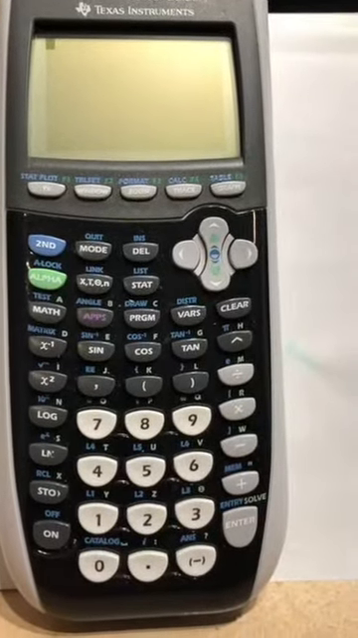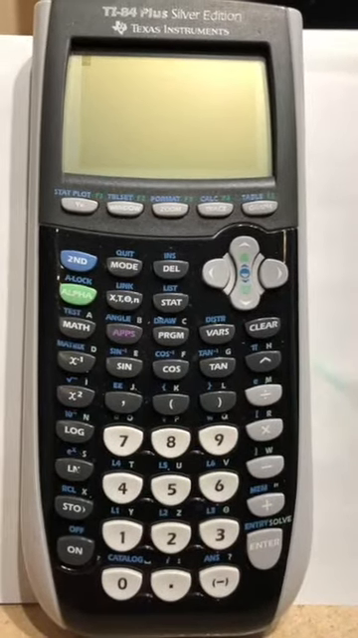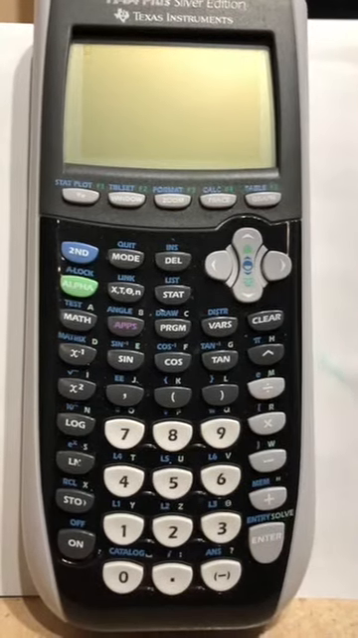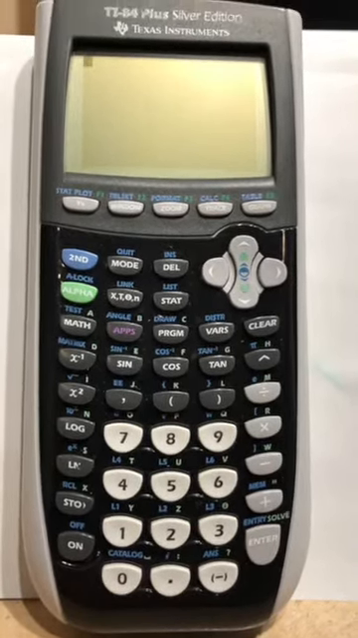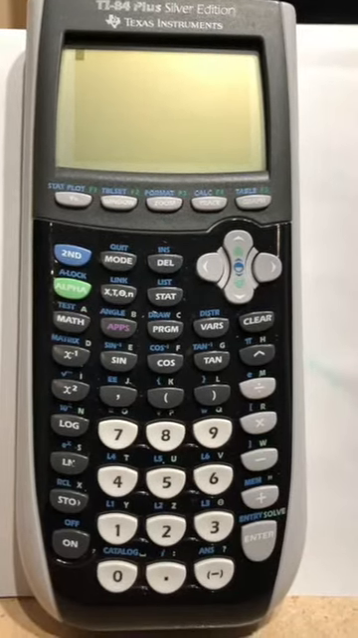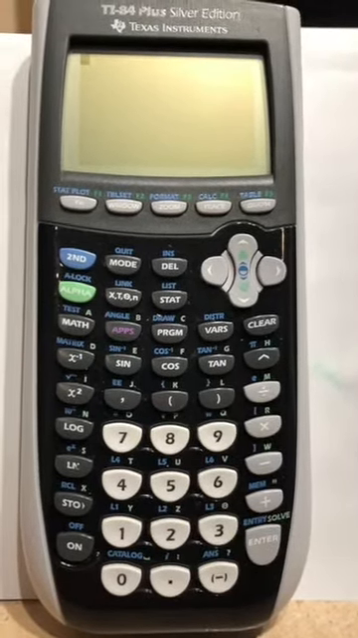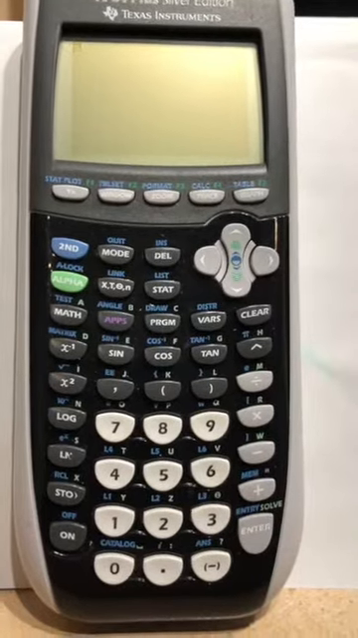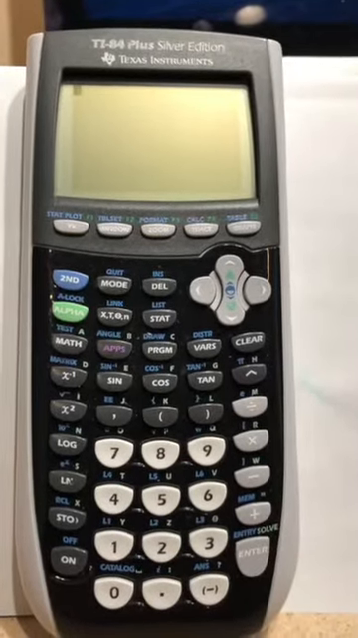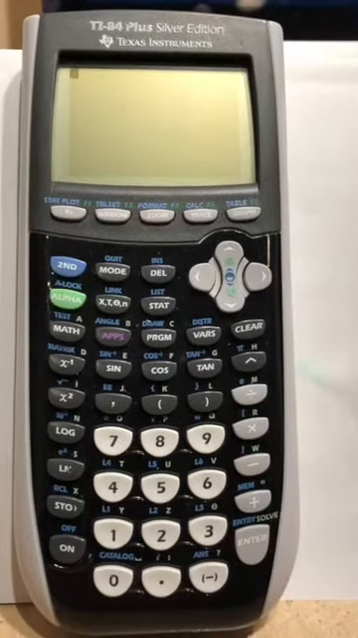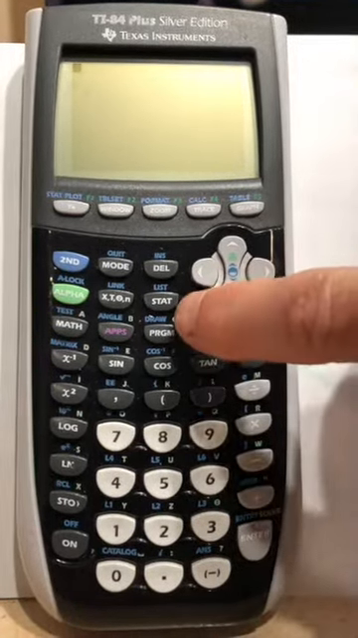Okay, hey everybody, this is going to be a quick video to show you how to use your calculator to plot some data points and then get a line of best fit for your data points using, in this case, a TI84Plus. So first of all, you're going to want to enter your data points, and you'll need to use the